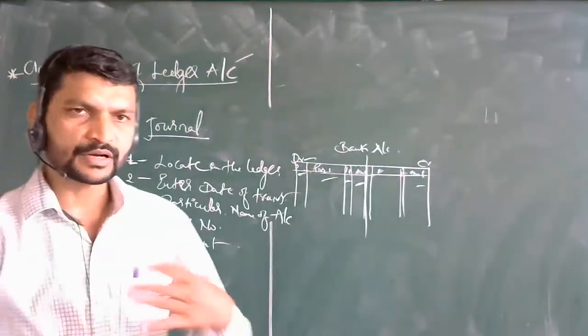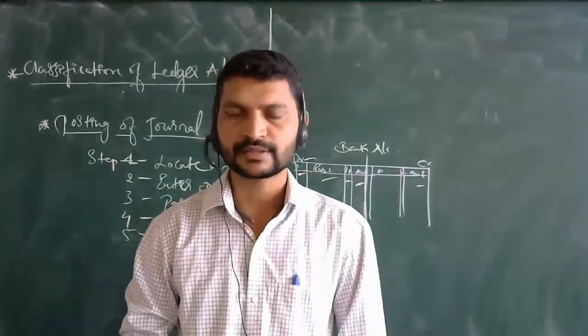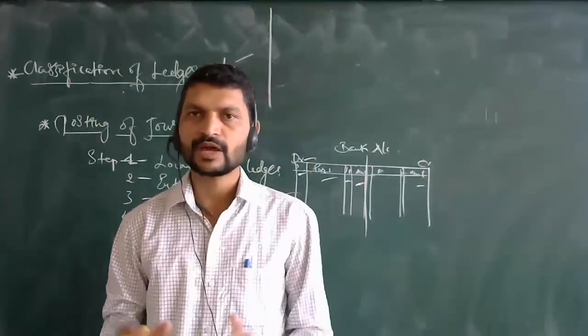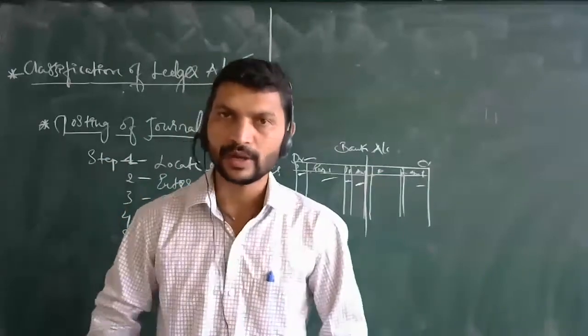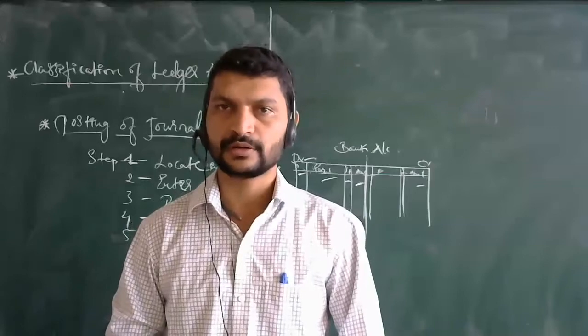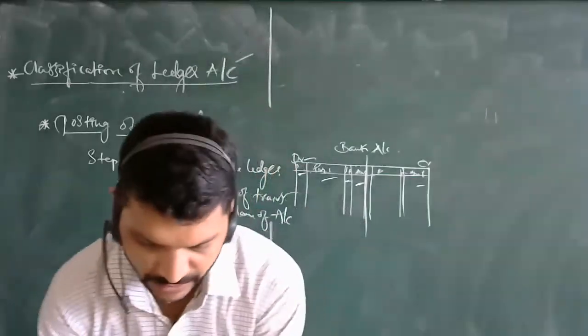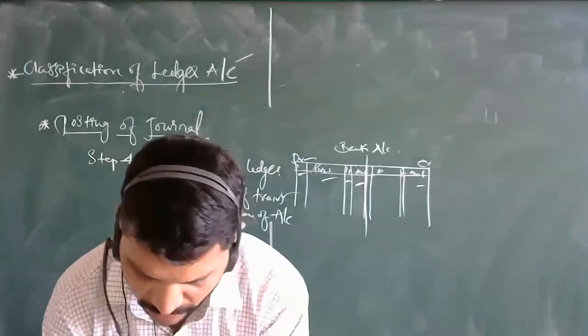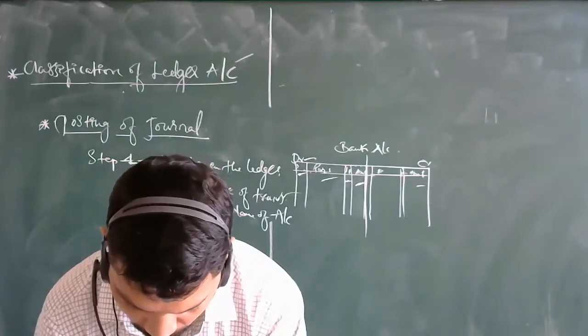Now I will read out a few of the transactions, 5 to 6 transactions that took place. How many accounts are we going to affect, and how many ledger accounts are we going to open, that we are going to know over here. Wherever the transaction takes place, that we will be seeing here. The same journal entries are also being passed for this, right? For this account, I think so.